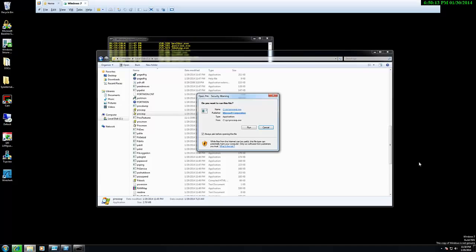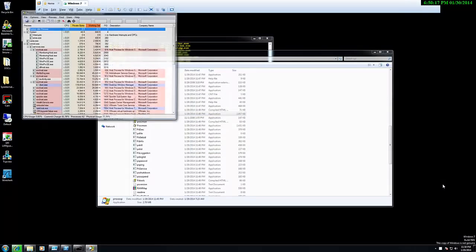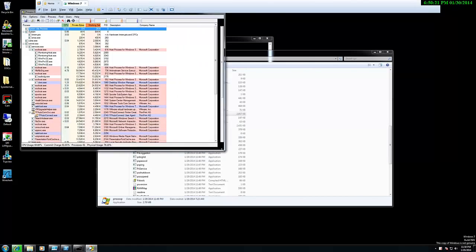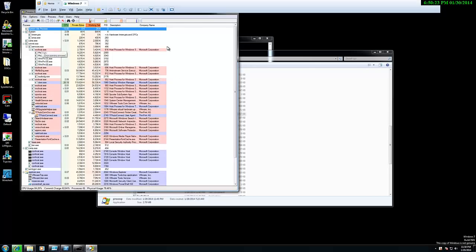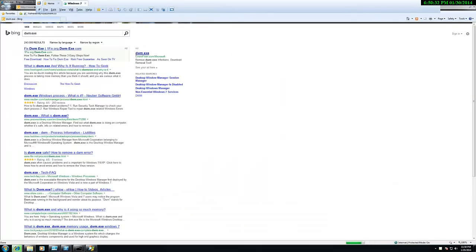You can just come and double click Process Explorer, and this will show you most of the stuff that we talked about. The processes, the CPUs, the process IDs, and the good thing is you can just right click and search some stuff online. Yes, you can do it with Windows 8 as well. If you have Windows 8, you can do that straight on a Windows 8 PC as well, and you can get